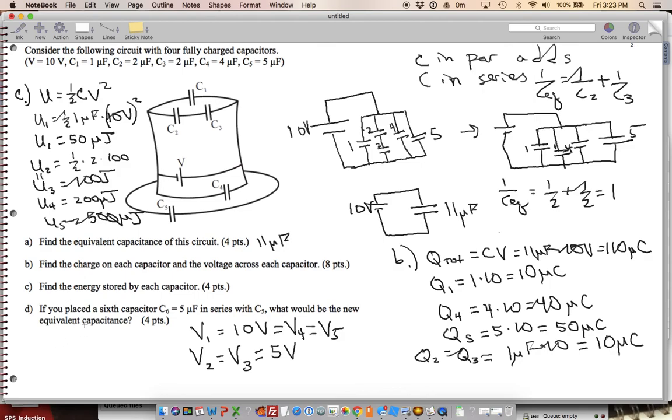And then if we place the 6th capacitor in there, I'm going to do that part on another video, because that just might take